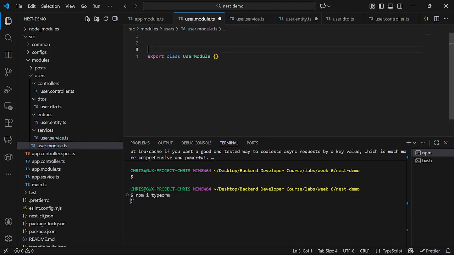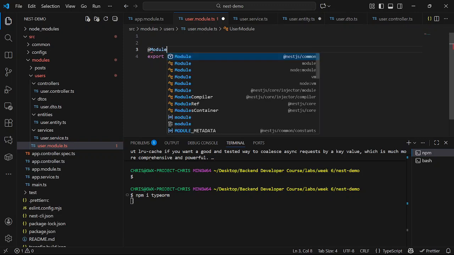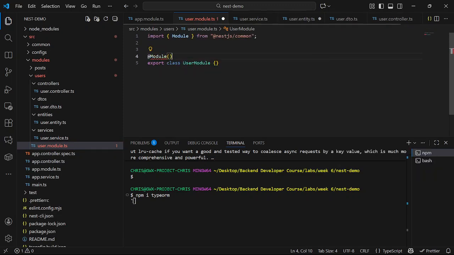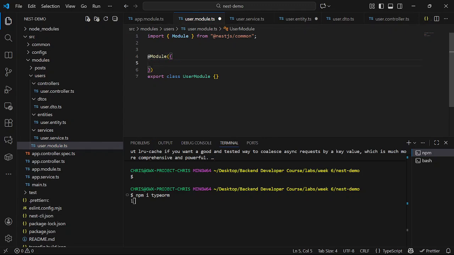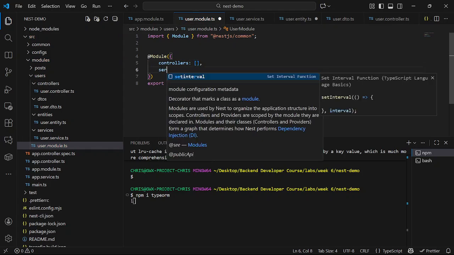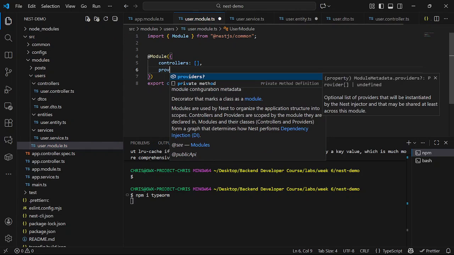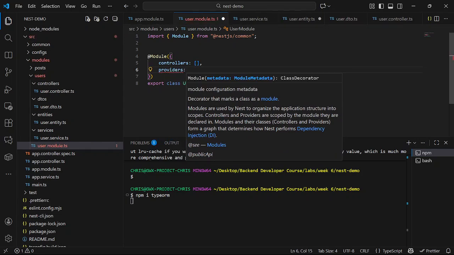And we call the decorator. Don't forget the decorator. It takes an object, and we'll give it a controllers array and a providers array.